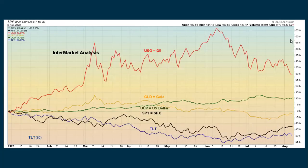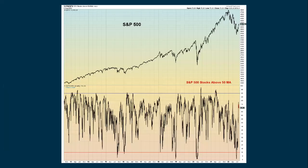Here's our InterMarket Analysis chart showing how oil is up 30% since the beginning of the year, and the dollar is up. All the other areas, gold, stocks, and bonds, continue to be negative, going all the way back to the end of 2021. Looking at some indexes, here's the S&P 500 with those stocks that are above their 50-period